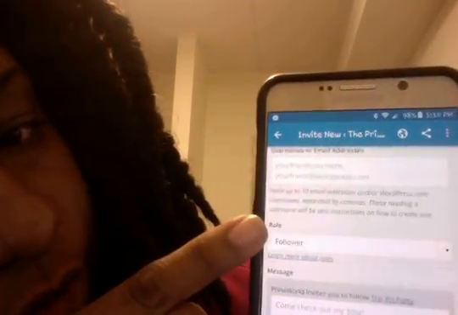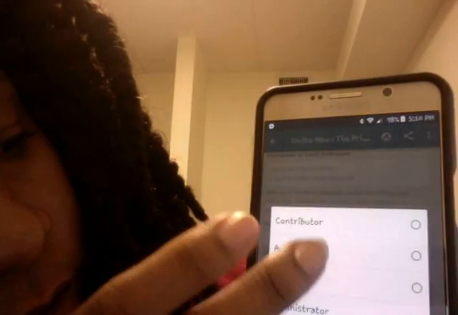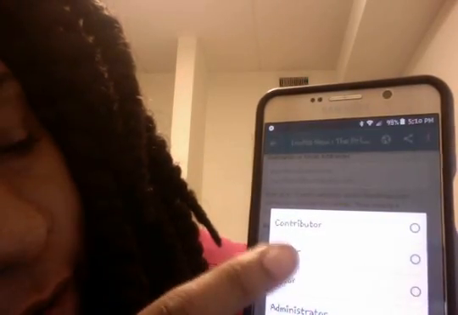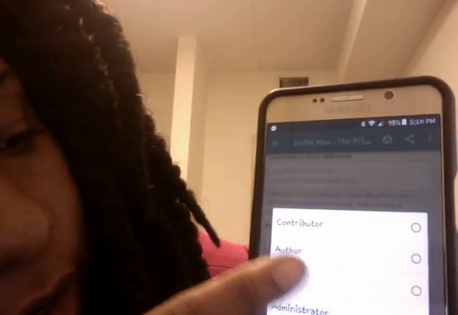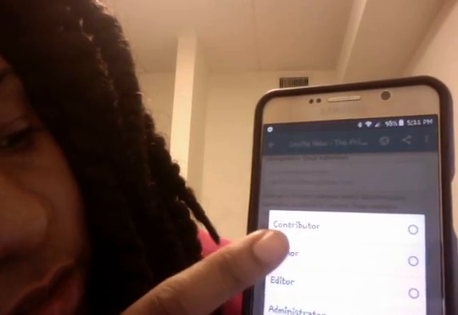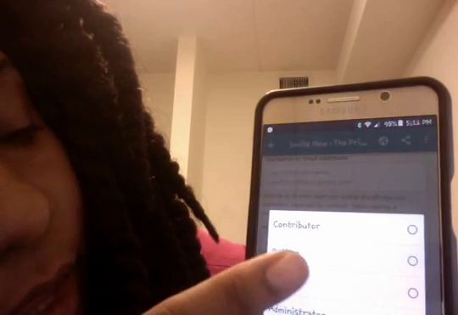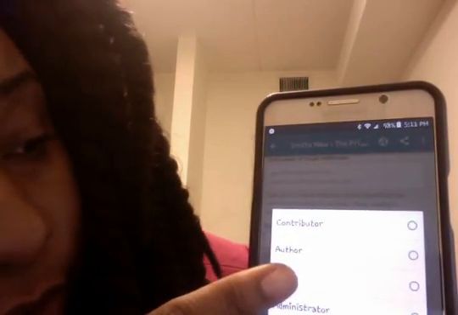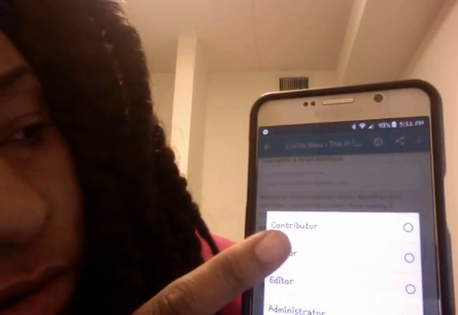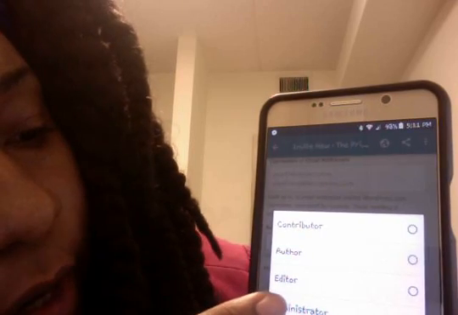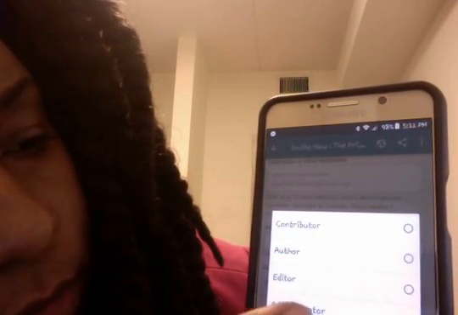Basically, you choose their role. Now you want to always make their role an editor or administrator. That way they can do everything you can do if they're an administrator, or mostly everything they could do if they're an author, and just contribute. Everything you can do as an administrator, most stuff that you can do as an editor, and only add stuff as a contributor and author. So you want to do administrator, and